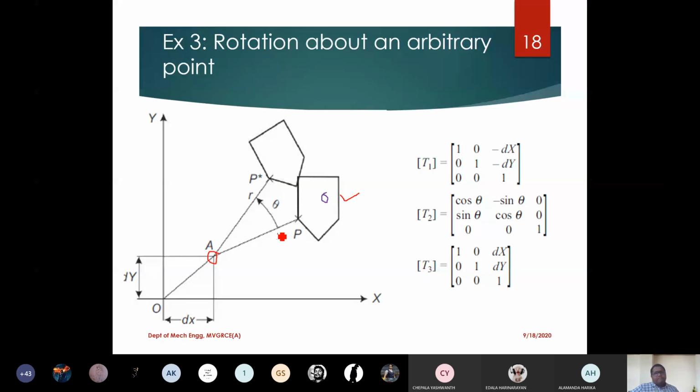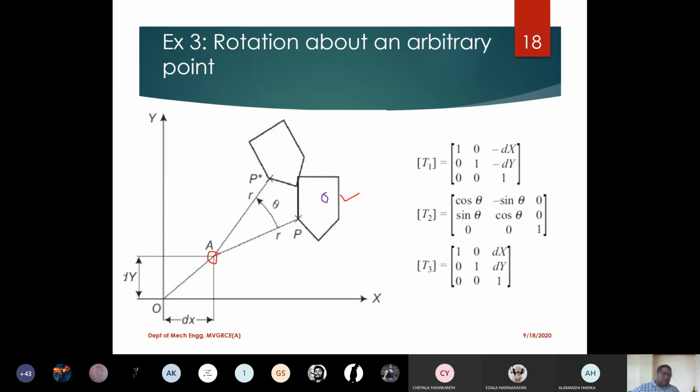Is it possible? We have one rotation operation also as a fundamental transformation, one of the four, right? Rotation. What is the difference between that operation compared to this one? What is the difference? Can anybody respond? That one is from origin, sir. This one is an arbitrary point. Yes, well said, well said.